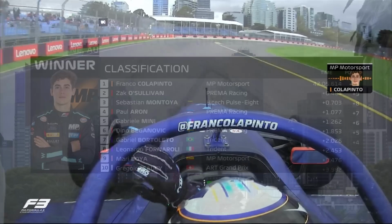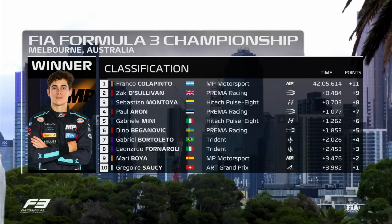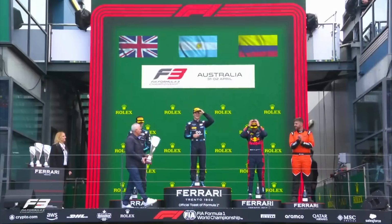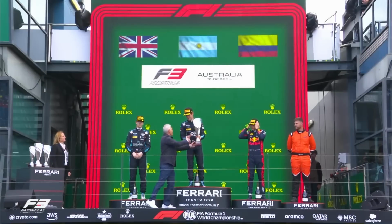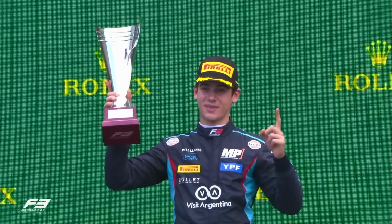Let's confirm the order then for you. The first bit of racing action here in Melbourne for FIA Formula 3, and it was indeed Franco Colapinto who took his first win of the season in front of Zach O'Sullivan. His first podium of the season in front of Sebastian Montoya, another first podium of the season. Sprint race winner collects his trophy. Board member of the Australian